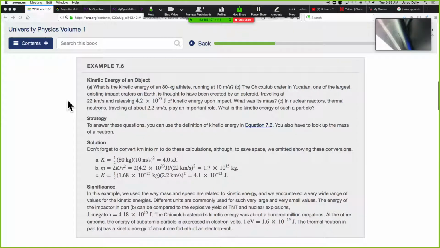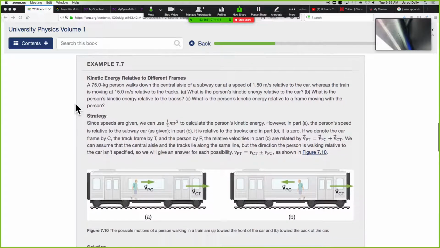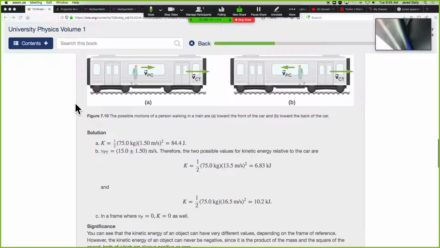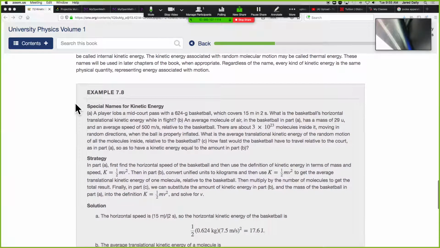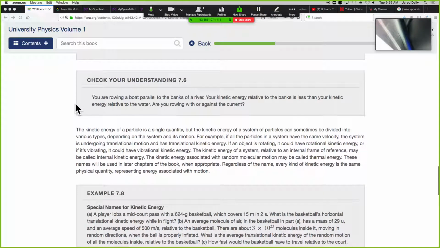So calculating the kinetic energy, you need to know the speed, you need to know the mass, and you can rearrange the equation any way you want. Here they do it for different frames of reference and so on and so forth. But we're not dealing with calculus with kinetic energy very much. There is a calculus component to kinetic energy, but we don't deal with it in this book in great detail. It's just a little too much for this book,